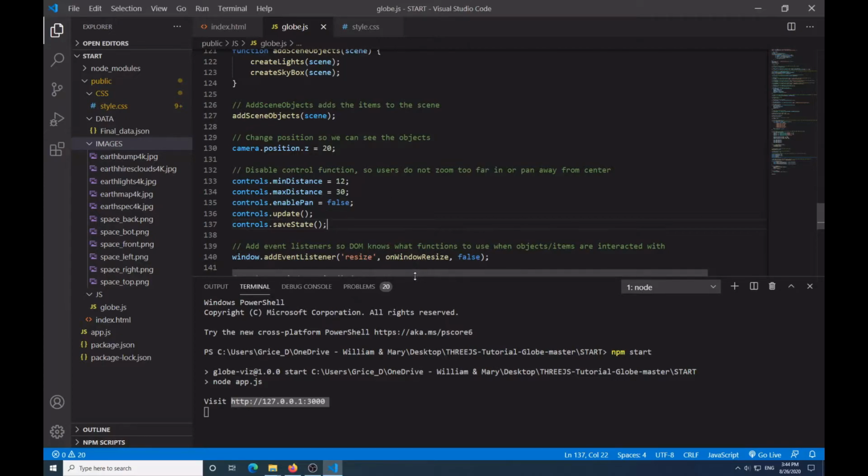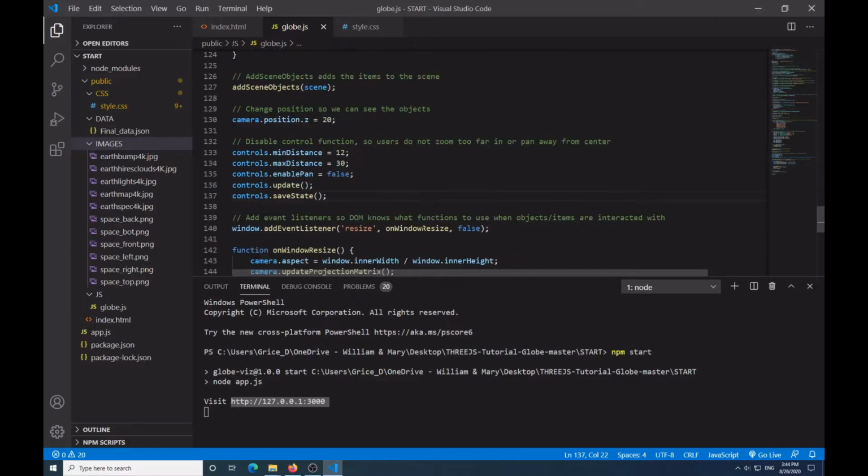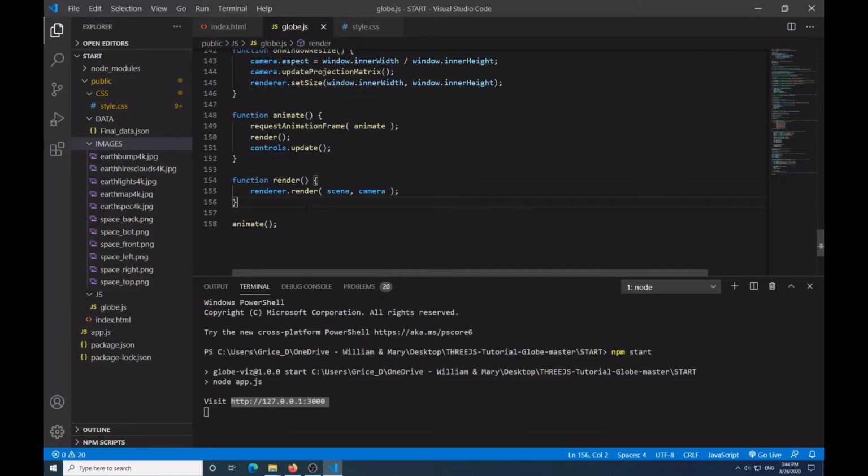So now that we have the controls saved, what we want to do now is create the coordinates and add them to the globe. So under here I'm going to say create and add coordinates for the globe, and I'm going to create a function to do this. So I'll say function